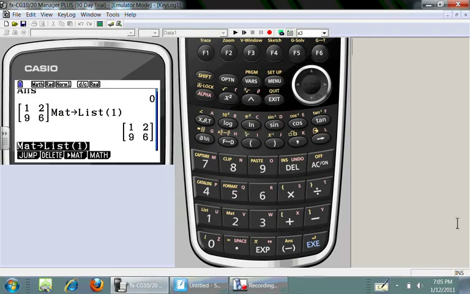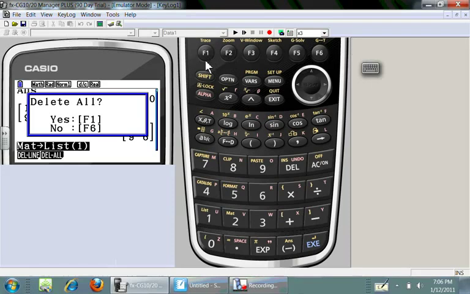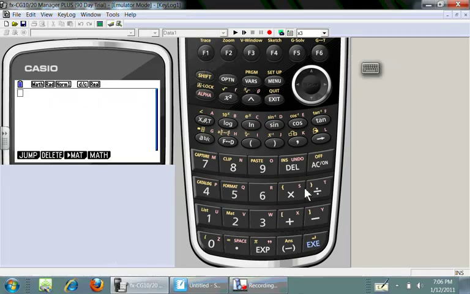I'll go into the Run Matrix menu. This is the main menu where you can do all your basic calculations. Looks like I've got some things on here, so I'll show you some of the features. F1 through F6 are called your soft keys. So the menus will change as I press the different options here. I pressed F2. I want to delete everything that's on the screen. Are you sure? Yes, I'll get rid of it.